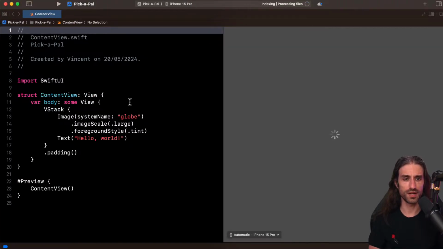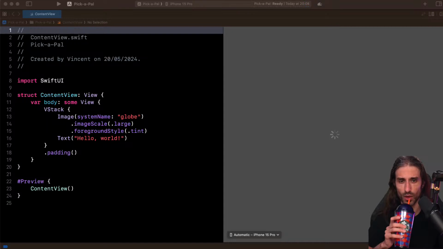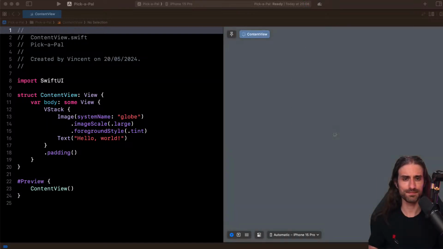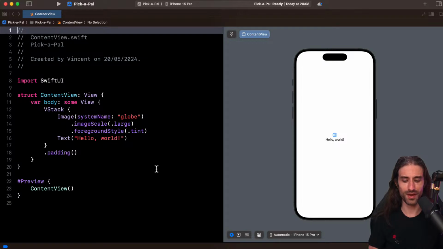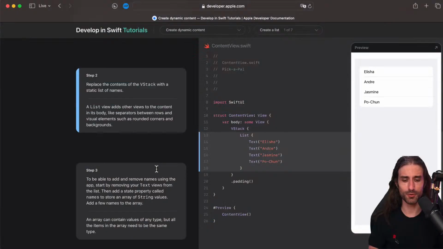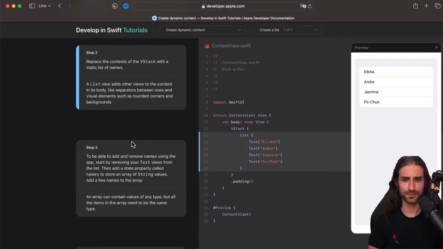I'm just going to wait for the preview to start just so that I can make sure that it works correctly. You know, if there is a problem, much better to solve it right at the beginning. And of course, the preview always takes a bit of time to launch the first time. All right, it's going to come. It's just about being patient. All right, we have the preview working. So let's go back to the tutorial.